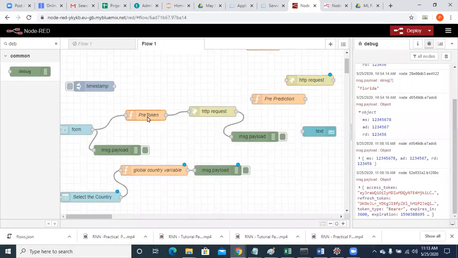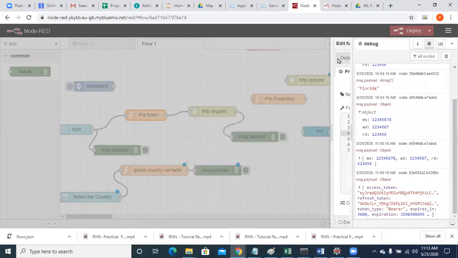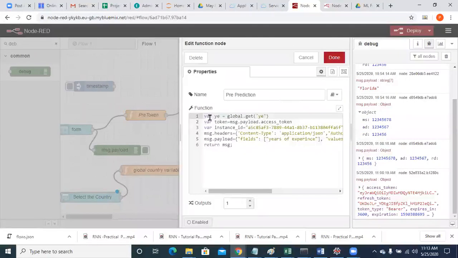Here in the pre-token, I have globally set my variables. Now, in the pre-prediction token, you have to retrieve the globally set variables.